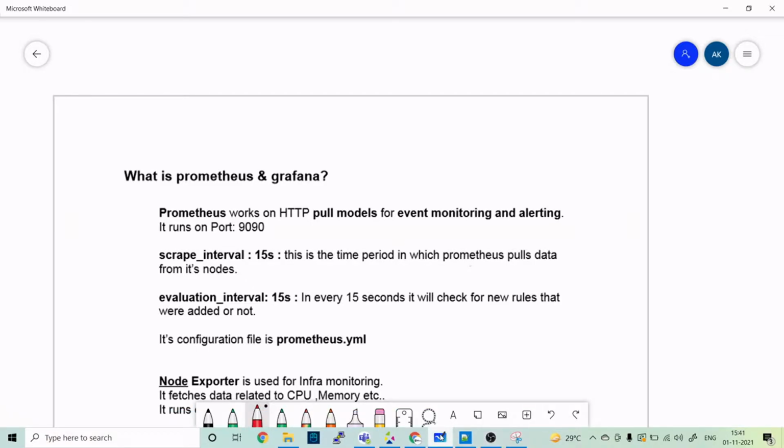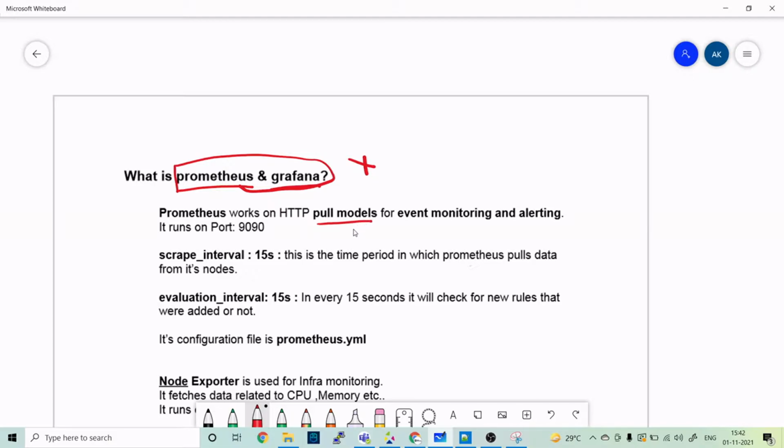Today we will talk about Prometheus and Grafana. Most people say Prometheus is a monitoring tool, but I will say no. Prometheus is not a monitoring tool, but yes, it is collecting data from all the servers which you want to monitor. And Grafana is visualizing that data on a dashboard. So the true statement will be that when these both are together, then it can be a monitoring tool.